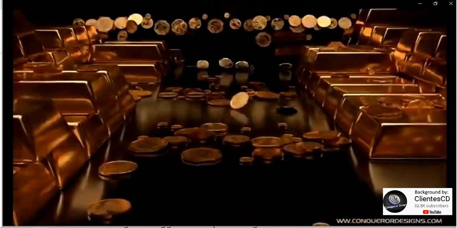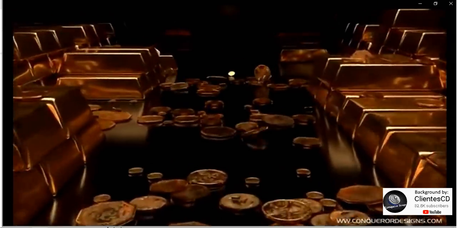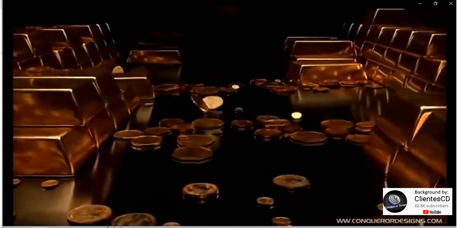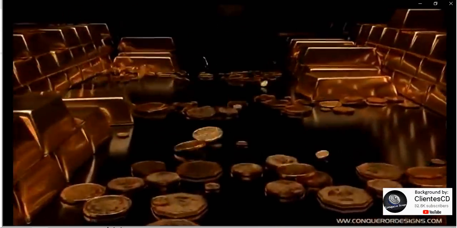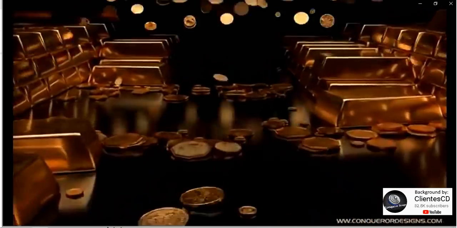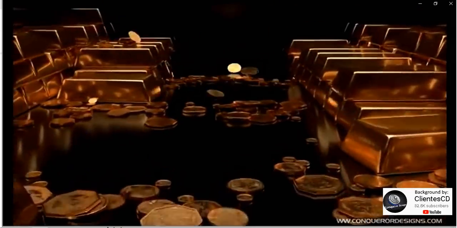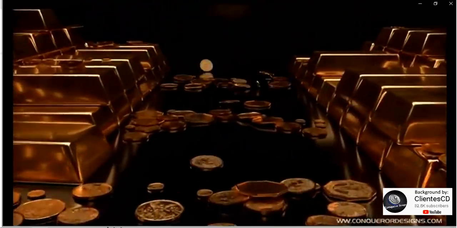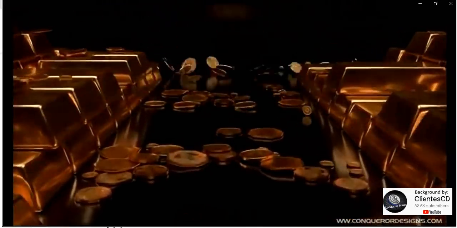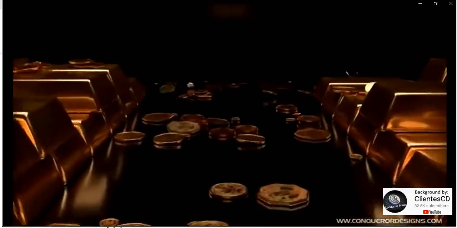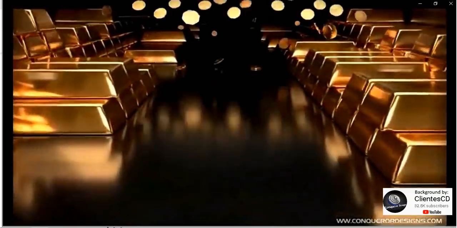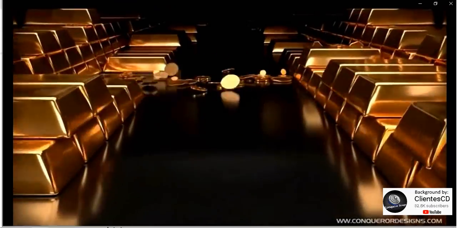Right now, the way that I look at it, as far as Iraq, they still only have 96 tons of gold. They've had the same amount of gold for a very long time, so they haven't bought any. And right now, with the way oil prices are, even if they did go to a gold-backed system, they really don't have a lot of gold, not compared to a lot of other countries, that's going to give them a value of $3